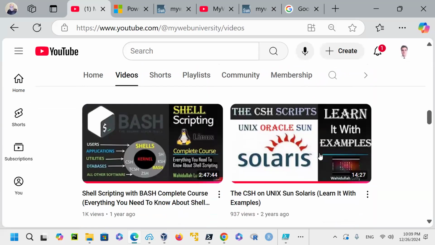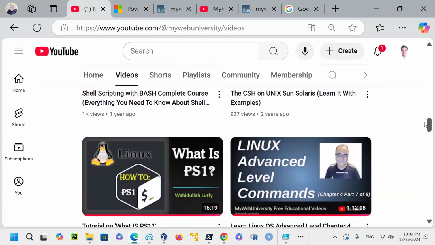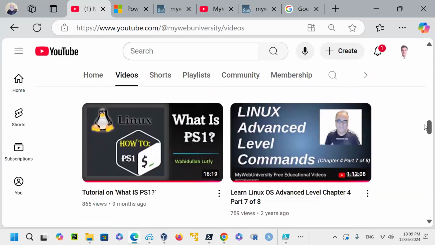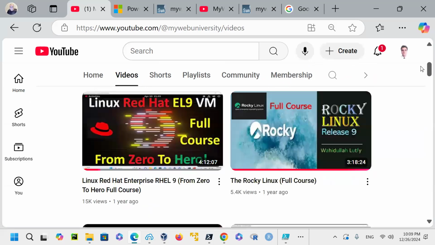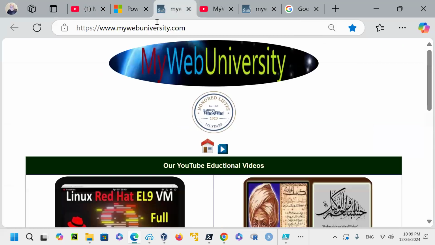I have been teaching shell scripting, bash scripting, Solaris, Linux. Everything that you need to know is on this page. In addition, there is the documentation on this site that I have,